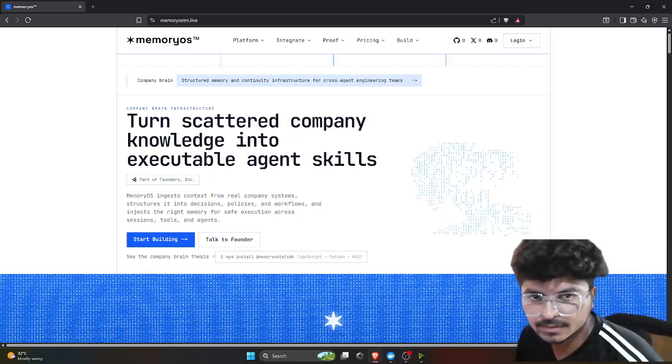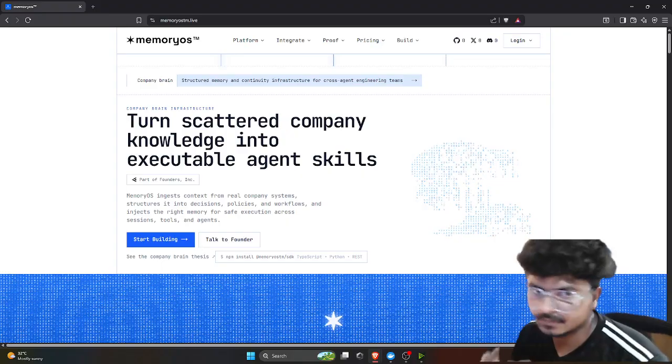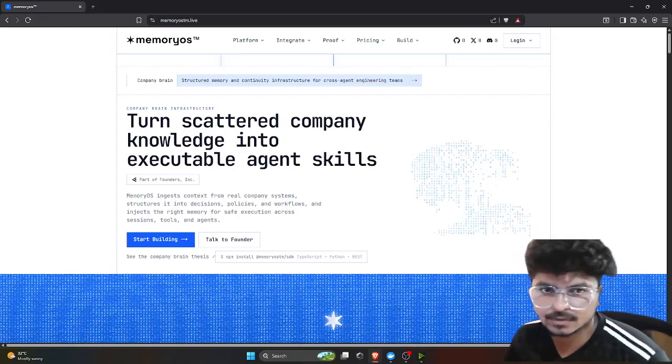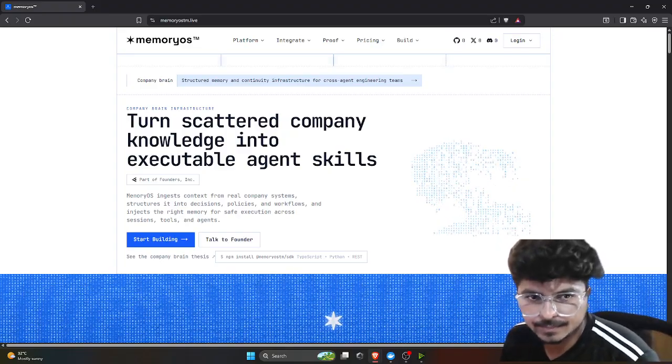I built a Memory OS, a company memory layer for AI agents, letting them continue their work without starting from zero. So they can scale from 1 to 100. So basically,